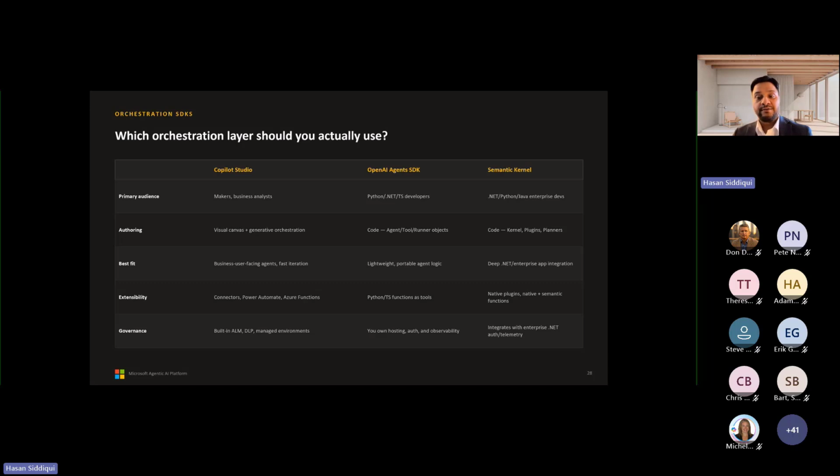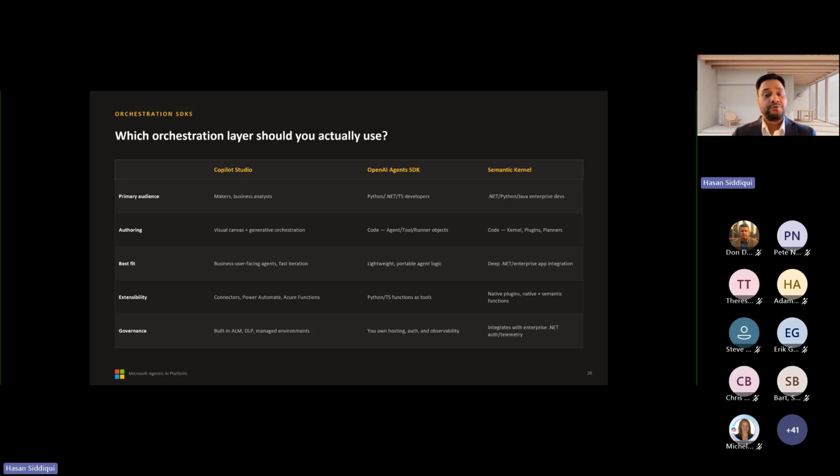So choose it when the primary audience is business users and you want to iterate fast without a development team in the loop. The OpenAI Agents SDK is code-first, intentionally lightweight and portable: Python or TypeScript objects for agents, tools and handoffs, running against the agent service.